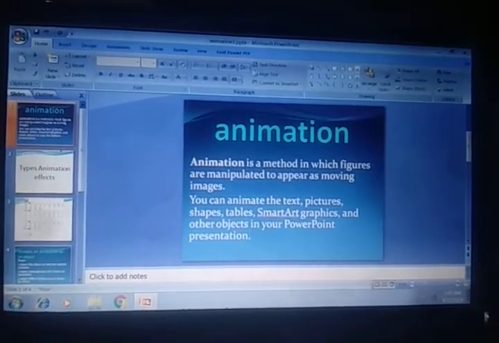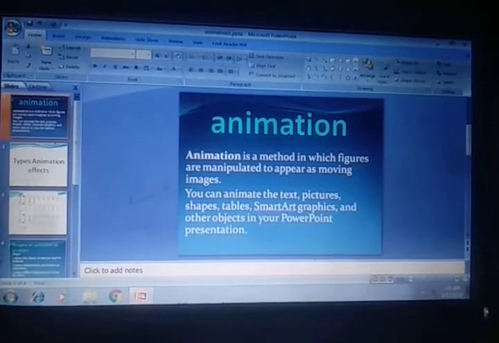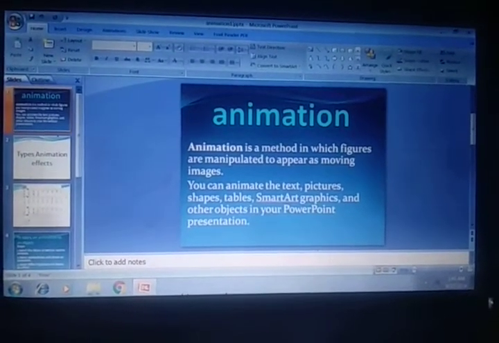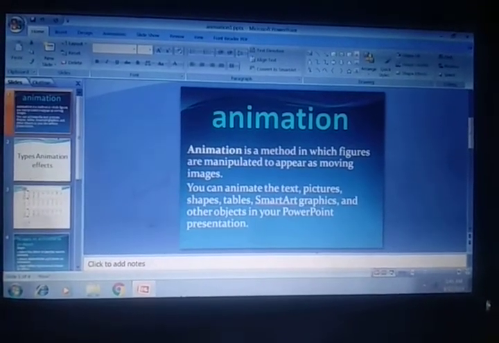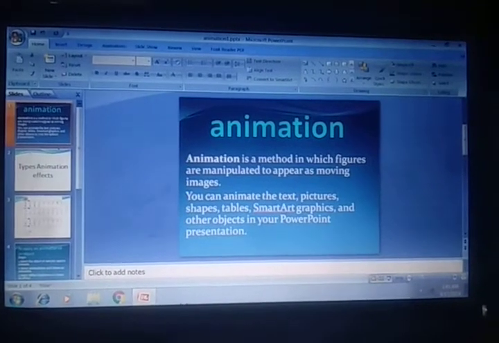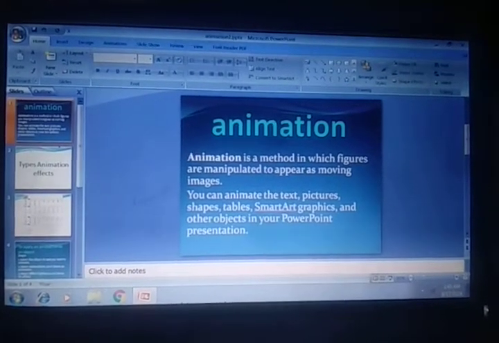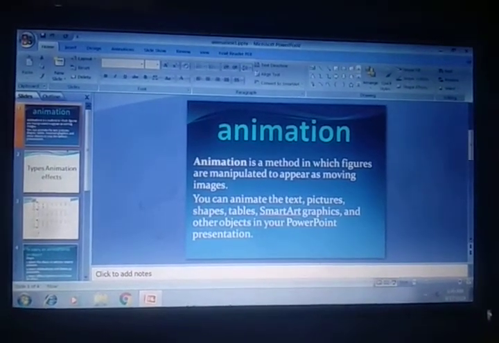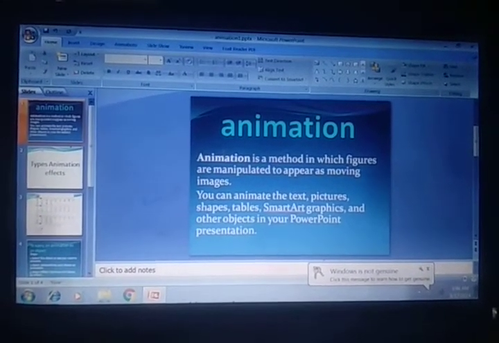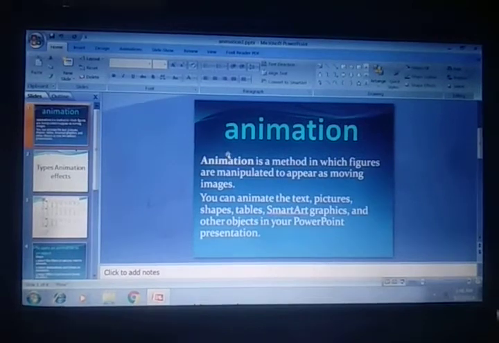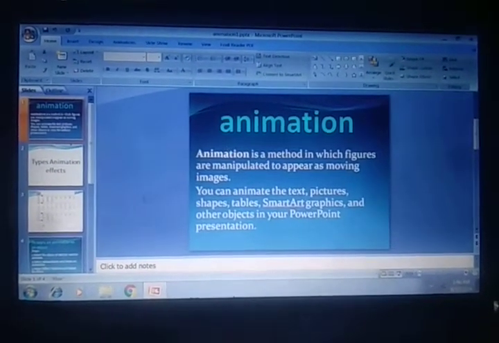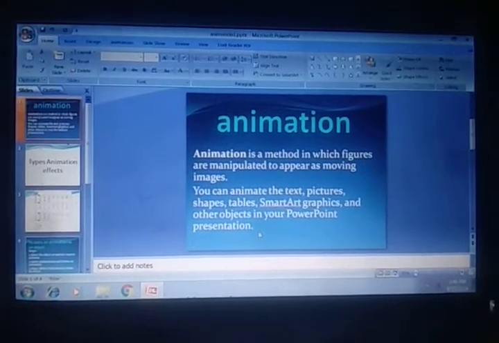Means a combination of moving images is known as animation. We can give animation on text, pictures, shapes, tables, SmartArt, graphics, and other objects also. By the animation, our presentation looks more attractive, professional, and effective on the audience. So PowerPoint is a great medium to create presentations.